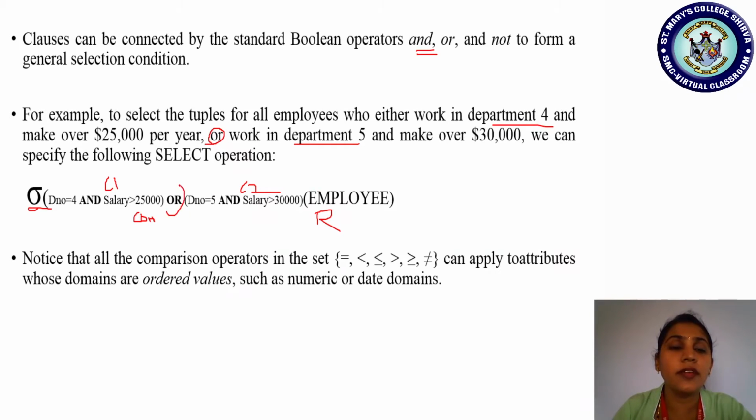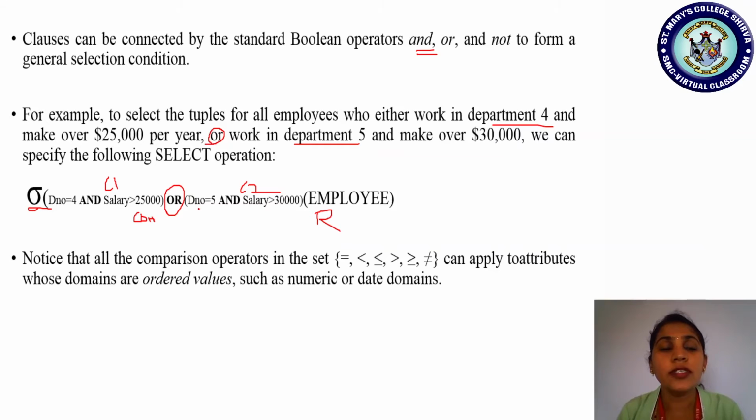So that is connected with the help of which one? OR relation. Any of them, either left side or the right-hand side, any one of them can be true. So if either one set of the conditions is true, either left side or right side, those respective tuples will be displayed to the user. Is that clear? So this was an example to show how AND, OR kind of operators are used while satisfying certain conditions.